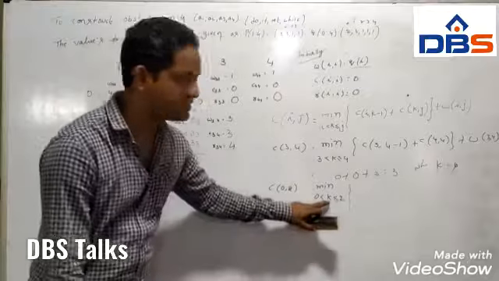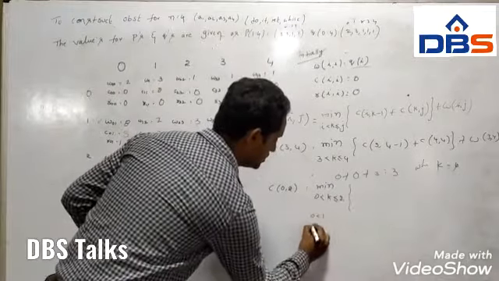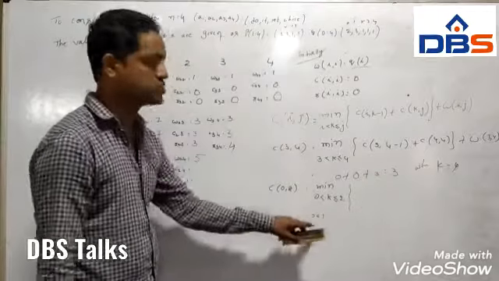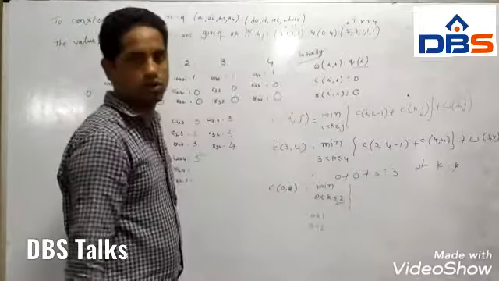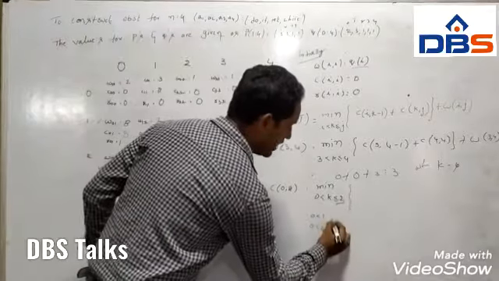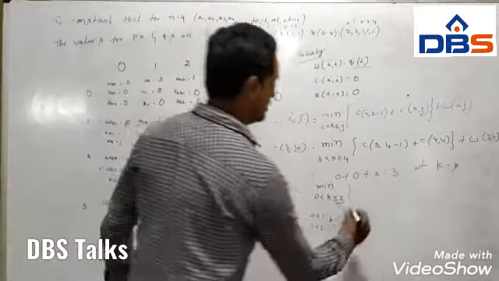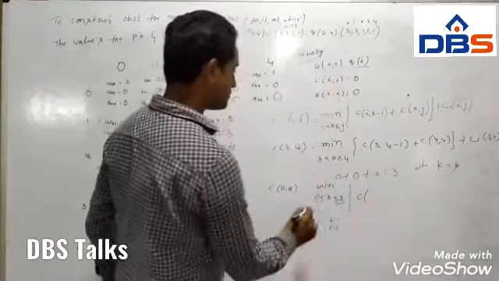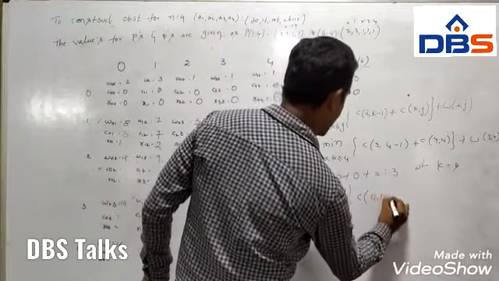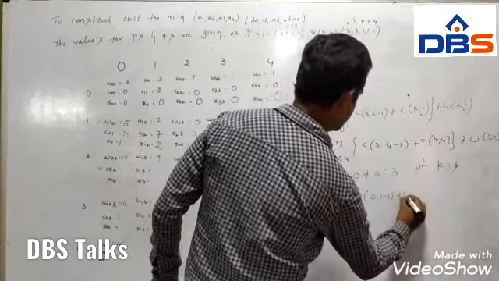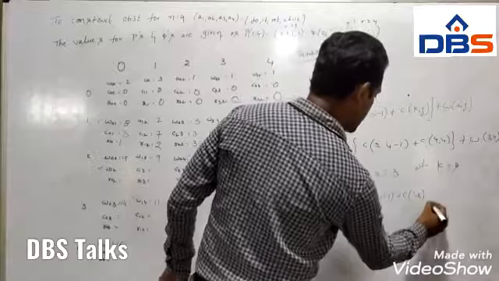Here see, 0 less than k, it will be satisfied. 0 less than 1, 0 less than 2. So, two values are satisfied for the less than or equal to 2. Okay. Likewise, k equal to 1, k equal to 2. See, C of 0 comma 1 minus 1 plus C of 1 comma 2 is one condition.